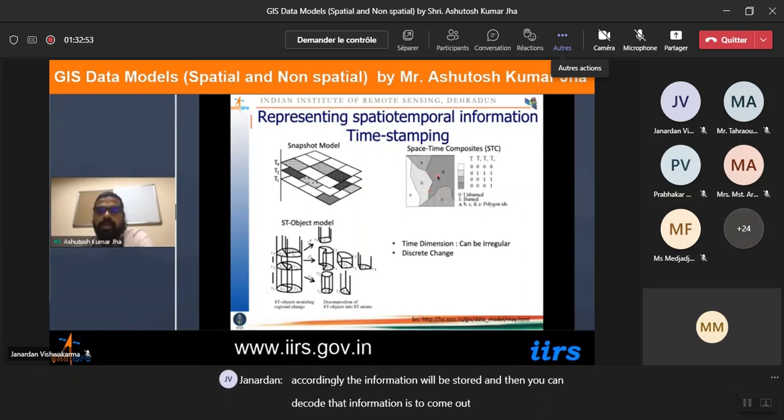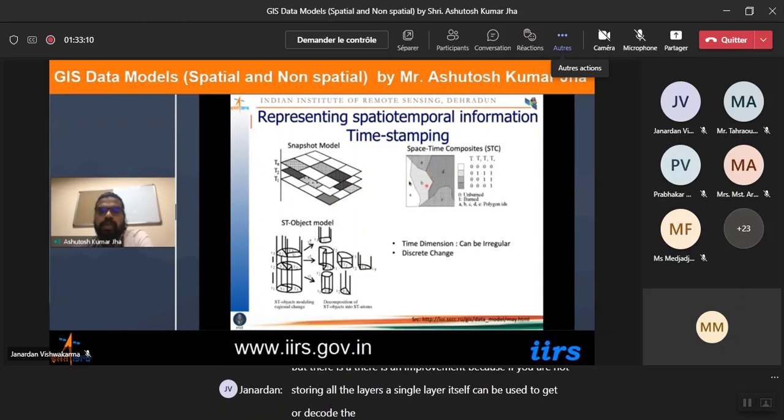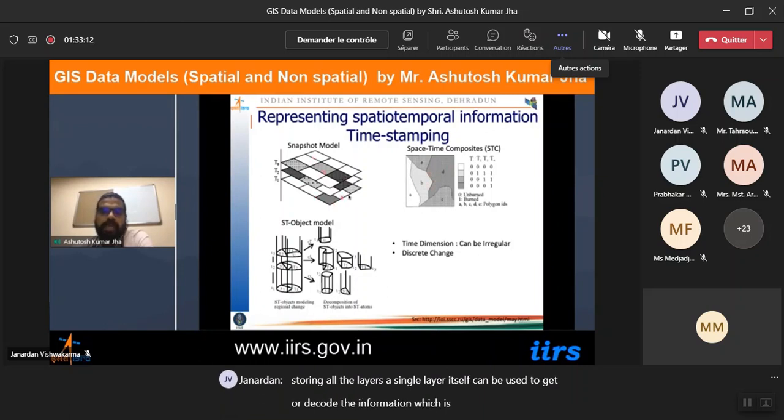So between snapshot and space-time composite, as you can see, there's an improvement because you are not storing all the layers; a single layer itself can be used to decode the information which is present in a snapshot-based model. And then apart from these grid-based models, you're having ST objects models